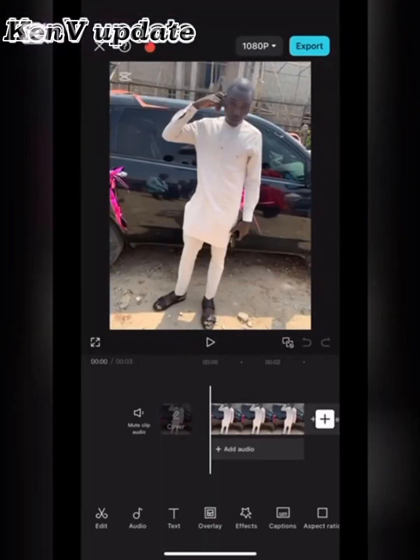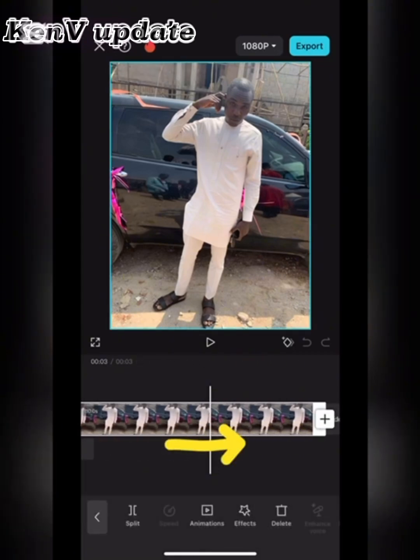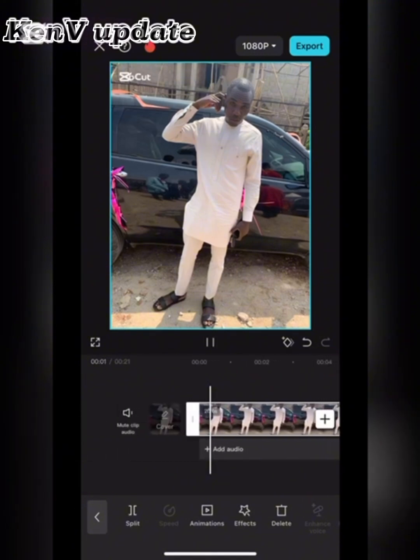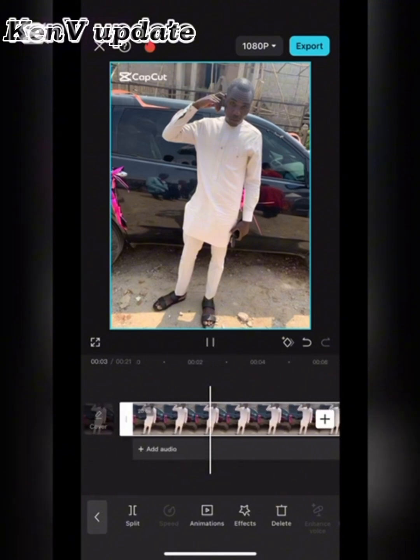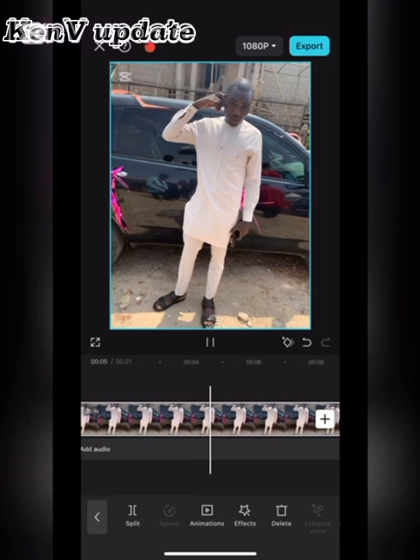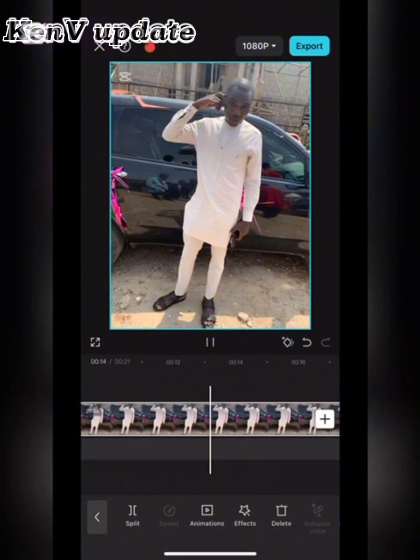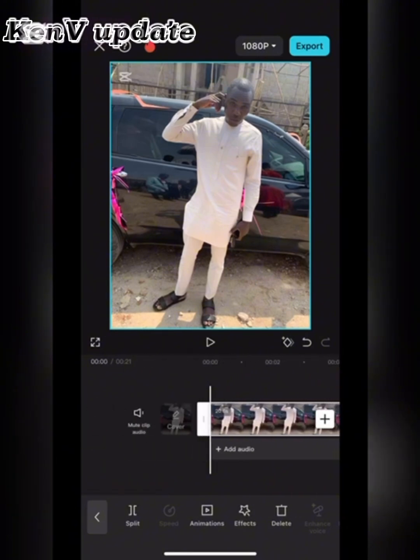As we import this photo now, look at it. You can see it's just a photo. Even when you touch it, it's just a photo. Even when you drag it, that does not stop it from being a photo. But the question is, how then do I turn this photo into a video? Just stay calm, stay tuned. That is what I want to show you now, step by step, on how you are going to turn